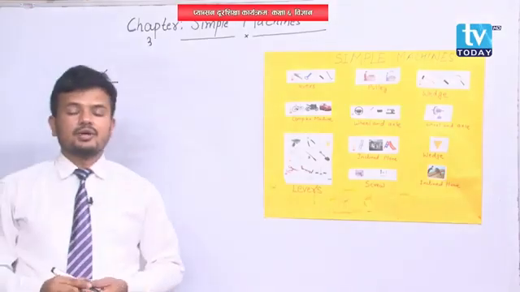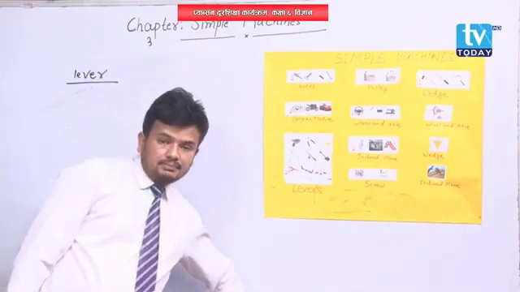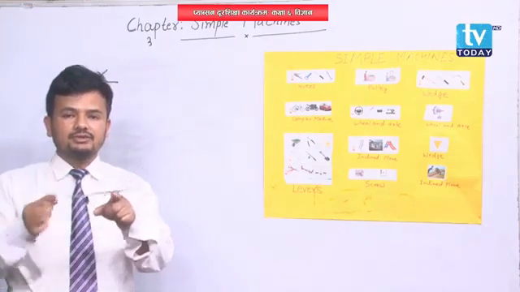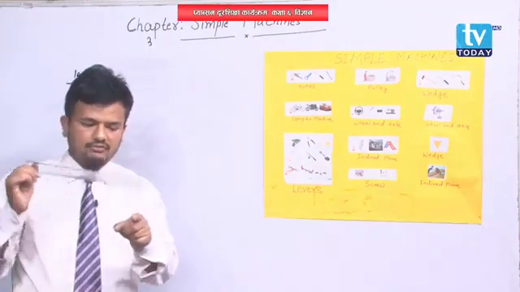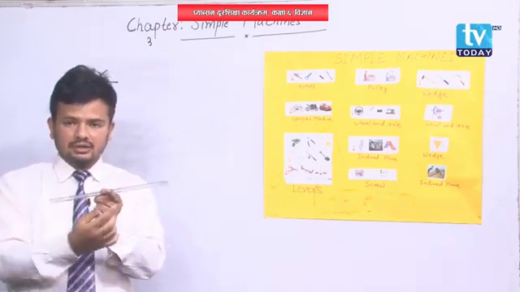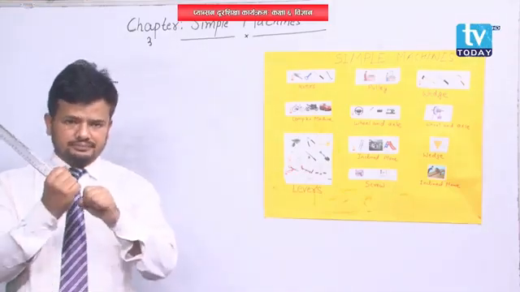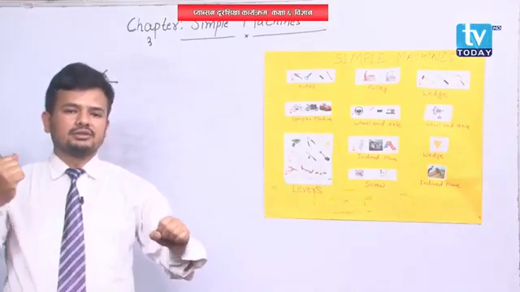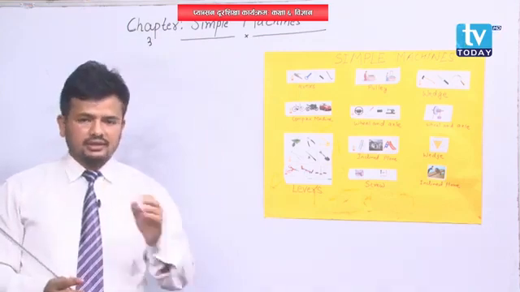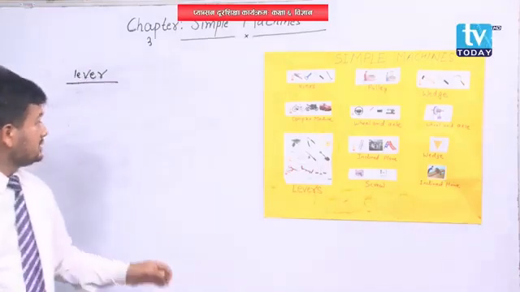Let's learn about the lever. What is a lever? I already told you, a lever is a simple machine, a straight rigid bar which is free to rotate about a fixed point called fulcrum. Okay, know the definition. It can rotate freely about the fulcrum. You might have seen the people working on the road, they use an iron rod, isn't it? That is called a crowbar, and they take big rocks away. A lever. Okay, first one is the lever.